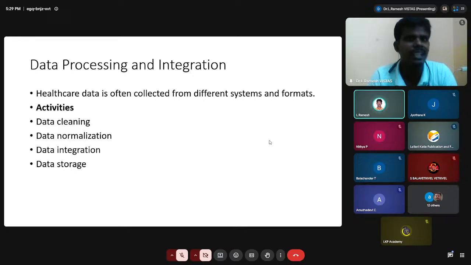Yes, we are doing data pre-processing. Data pre-processing techniques, we are doing the particular data to do something. Something means data cleaning, data normalization, integration, and storage. To provide data pre-processing techniques in the particular data to get quality of data. That is data pre-processing. It is a second stage of data processing.